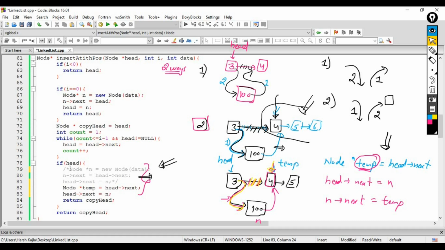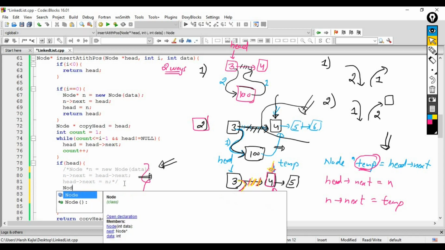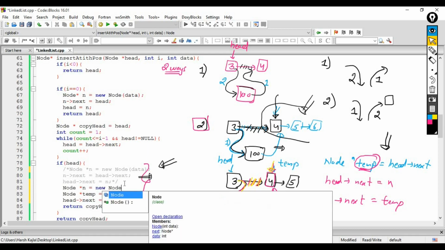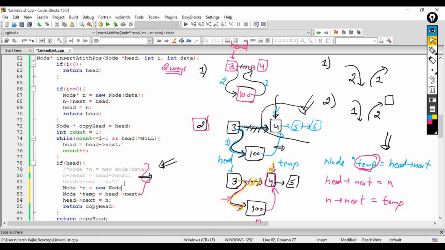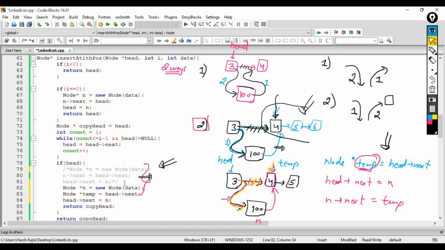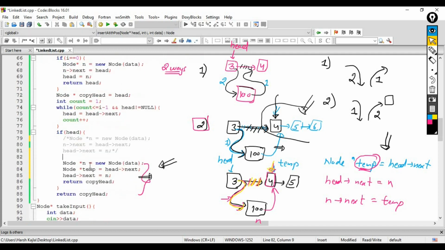Okay, so we have to construct the node also. So let's uncomment this part. Let's create the node again. So node star n is new node and pass the data. Okay, so we created this new node n.